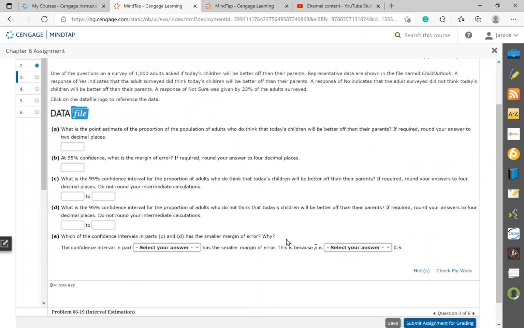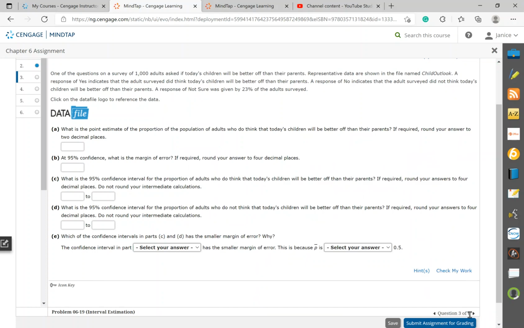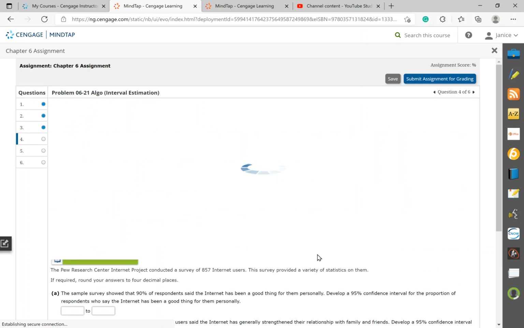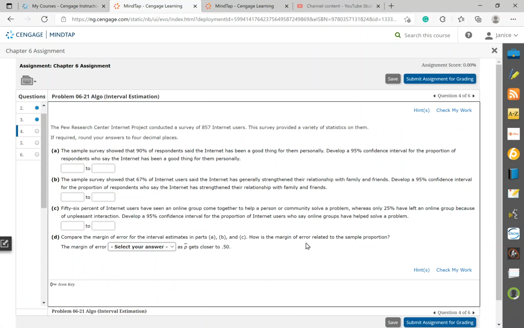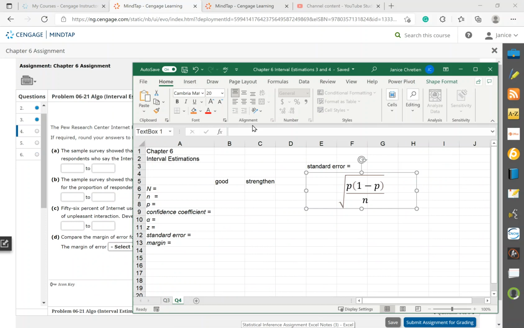And then it's going to ask you to make some conclusions about the data based on what you have on your spreadsheet. Okay. Then question 4 is staying on the same topic of interval estimations. And question 4 says that